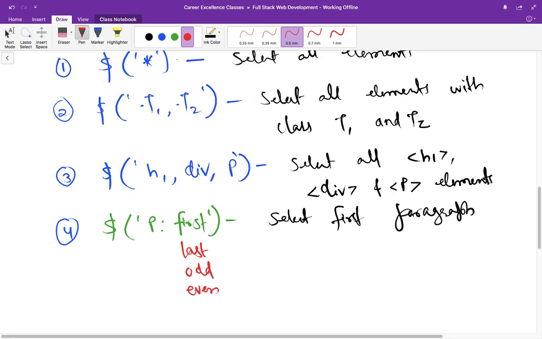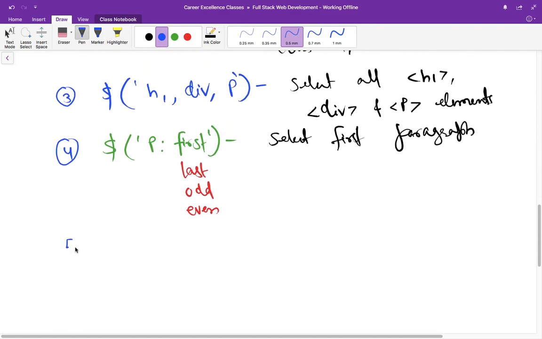So in all cases you can select either the first element or first paragraph, the last paragraph, odd paragraph or even paragraph.